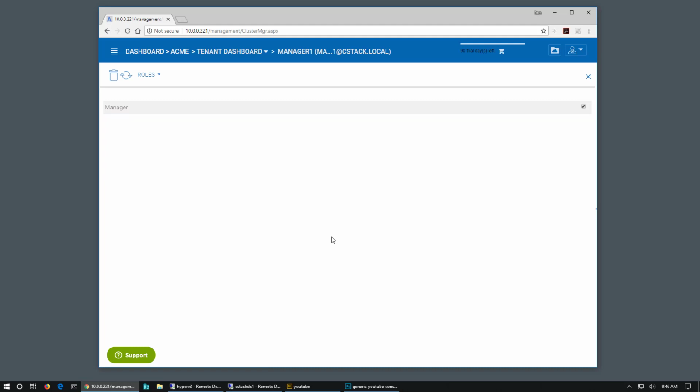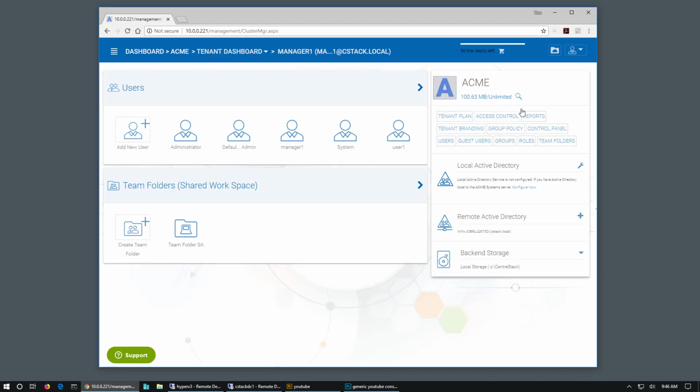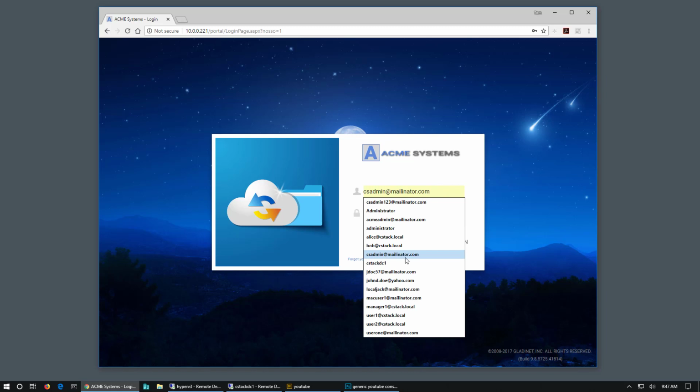I could just as easily create roles that have limitations, such as the inability to bring in guest users. You might want to limit guest users for your users and only allow managers to do guest users. We could create that restriction here. I'm going to go back out to the tenant dashboard. Nothing has changed for the administrator, but if I log out and log back in as that manager,